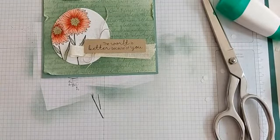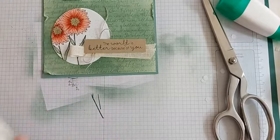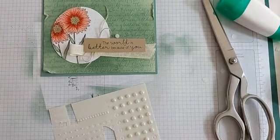So are you a pearl person? Do you like adding a little bling to your projects? I went with a bigger one about here. Where's my...